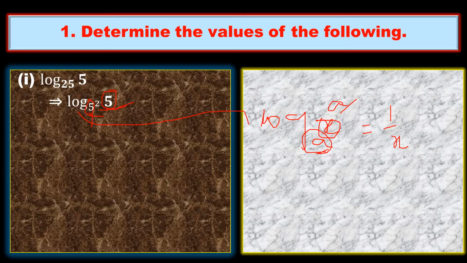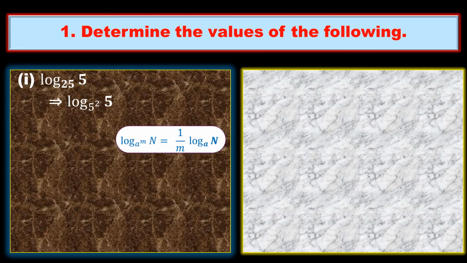Whenever these two are different, the in-between one will be reciprocal. Understood? If you are not thorough with the formulas, please follow my video which is given in the link in the description. If you follow that video, you will be perfect with the properties as well as the properties related examples. So here this is in the formula of a power m n, and in between m is there. This m in between will be reciprocal. Clear? So this 2 is reciprocal.